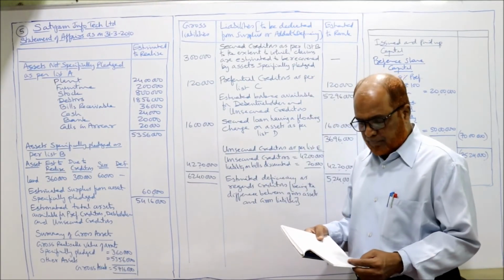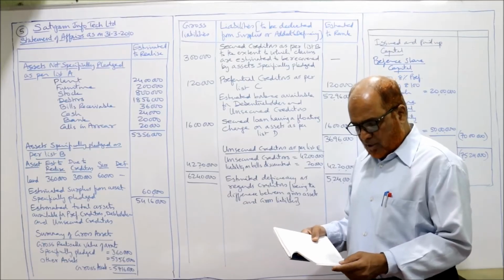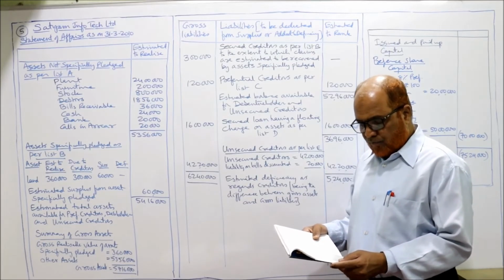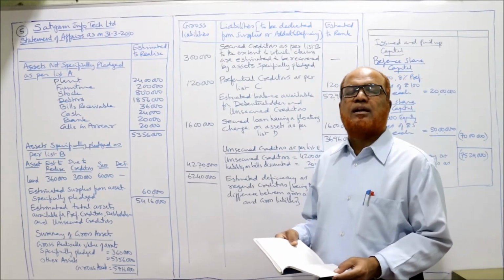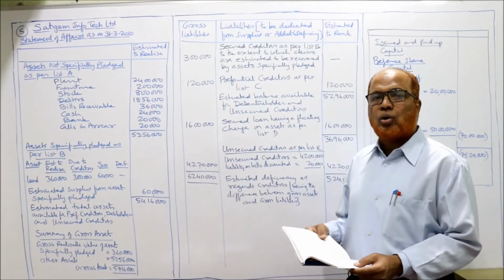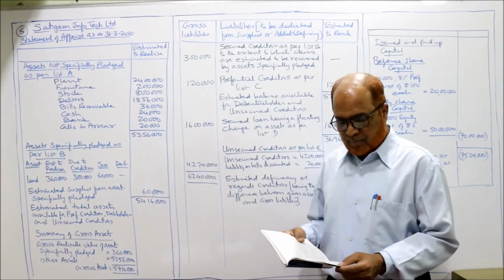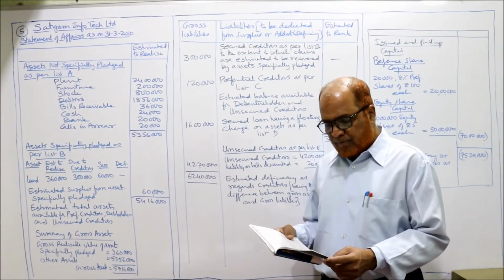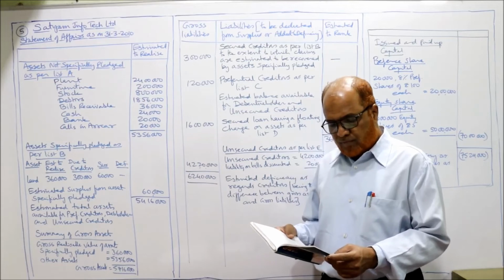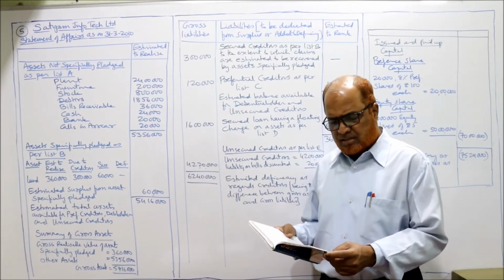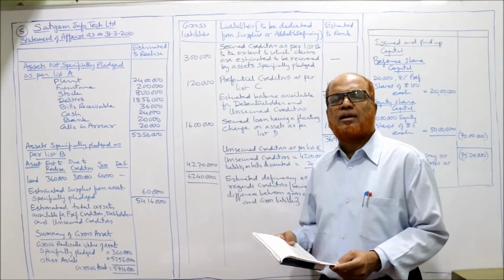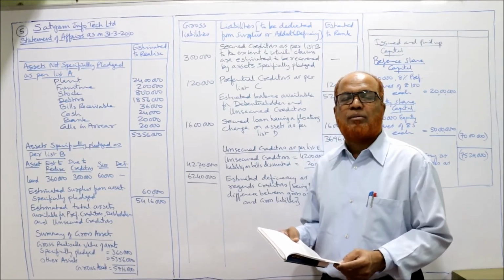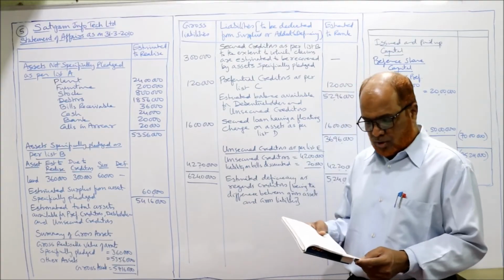Assets not specifically pledged. The liability is secured loan on mortgage of land, 3 lakh. Secured loan floating charge. Floating charge will be taken on list D. And the secured loan will be taken on list B. Then unsecured creditors, including preferential creditors. So we subtract the preferential creditors. 1,20,000 preferential creditors, list C. And the remaining amount, 42 lakh, will be taken on list E, unsecured.